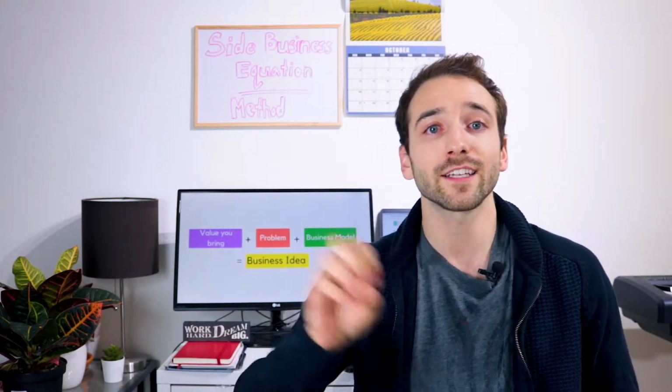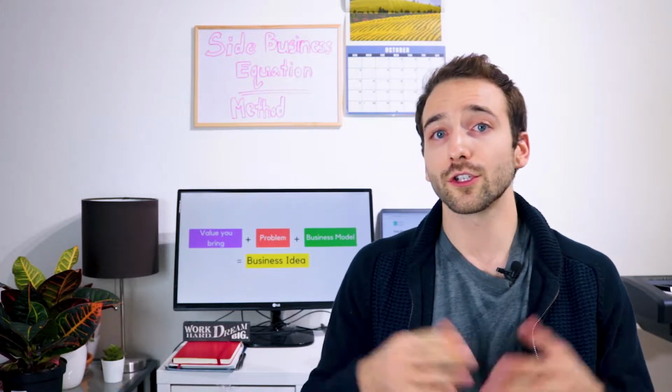If you understand the exact problem you're solving and how you're doing that with your passions and strengths, and ultimately how you're having that exchange in value with your business model, you can see your business idea and your side business idea ultimately much more clear. This will help you when you go to execute and you need to fine-tune pieces of your concept, change aspects of your business model, or choose the industry you ultimately want to enter.